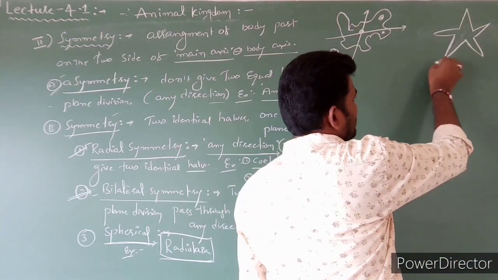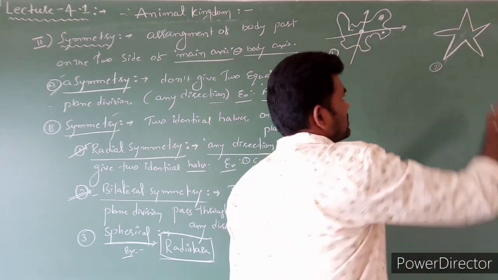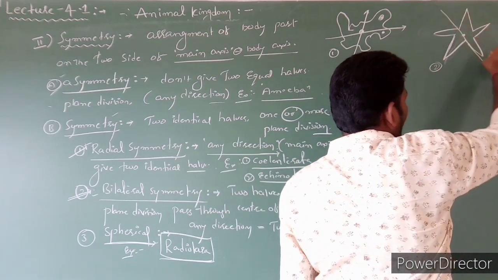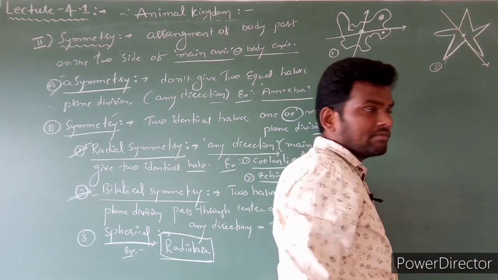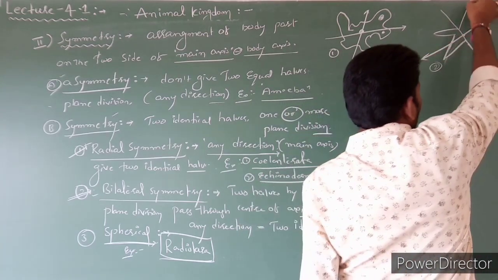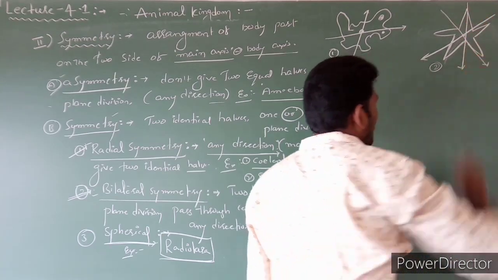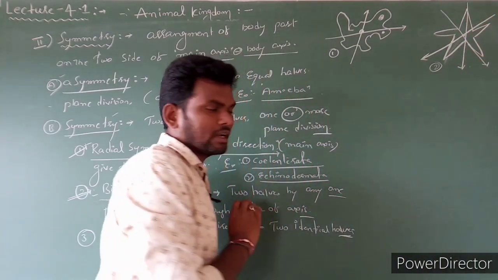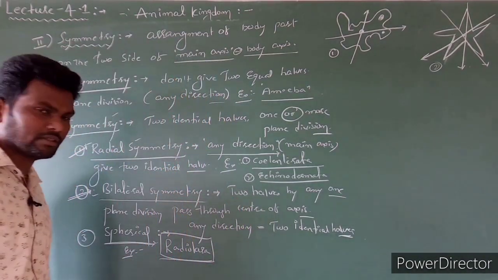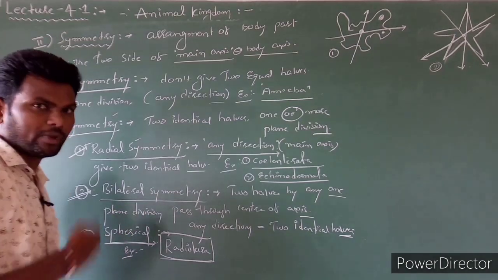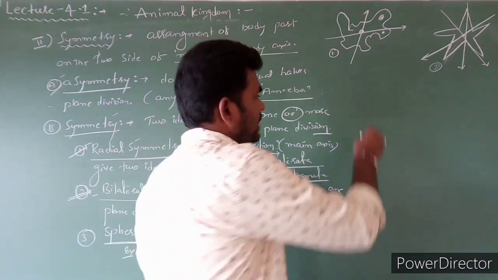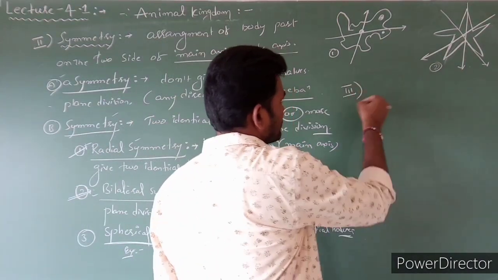Second example is starfish. This is the center of the axis. You can cut like this, it will give two equal halves. Or if you cut it like this also, it will be two equal halves. Or like this also, two equal halves. You can cut in any division, it will give two equal halves, such as radial symmetry. Next one is bilateral. Human is the best example. Clear? So this is regarding what? Symmetry. And the third major character is